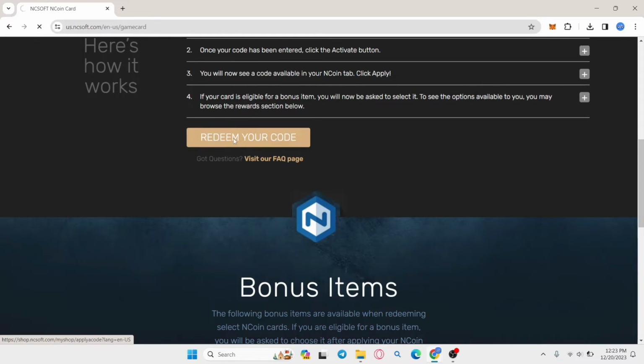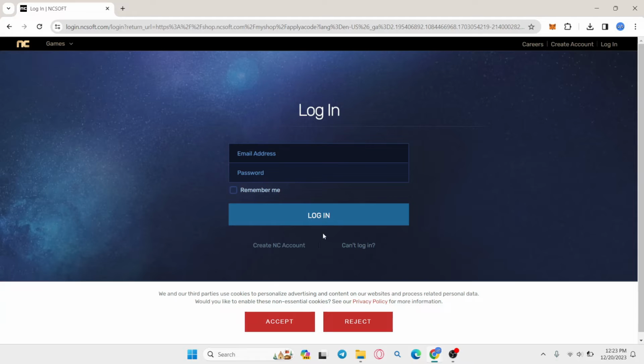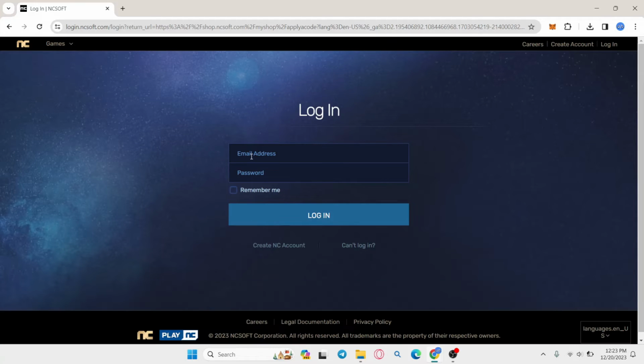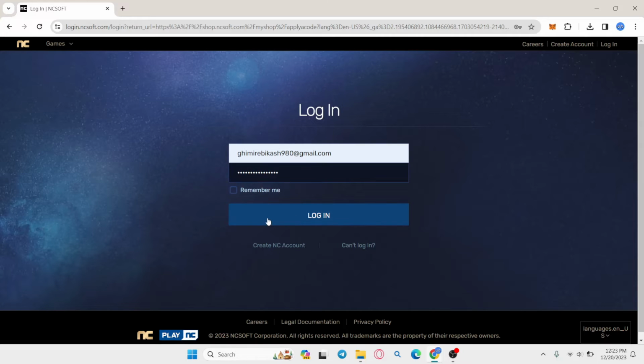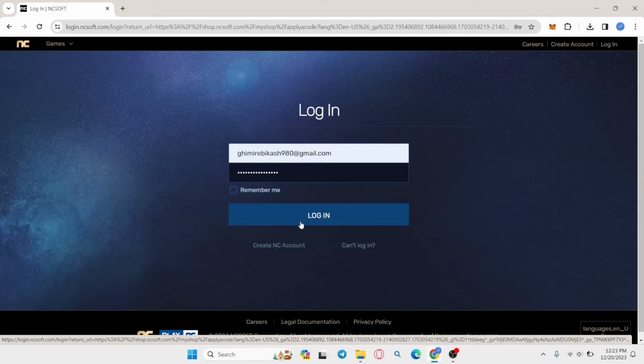Go ahead and click on this and you will be asked to log into your account first. Just proceed with typing your email address followed by your account password. Then click on the login button and you will be logged into your account right away and taken to the